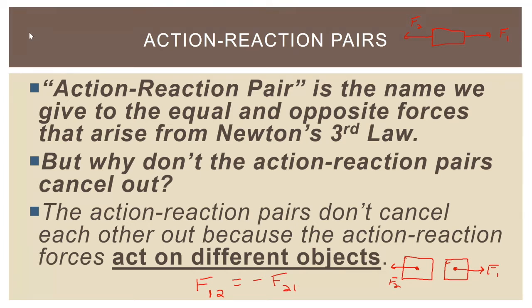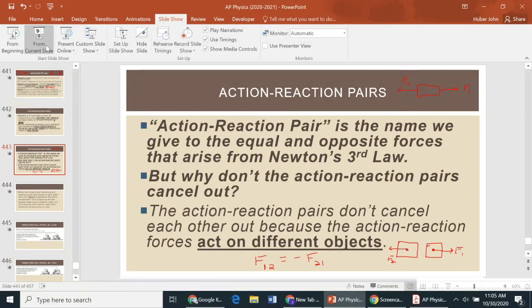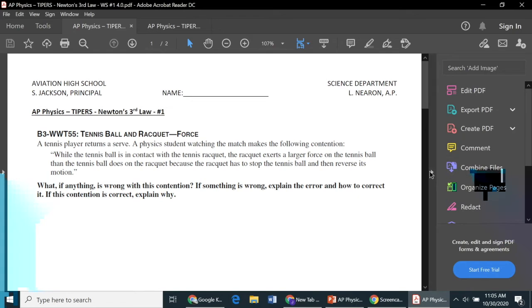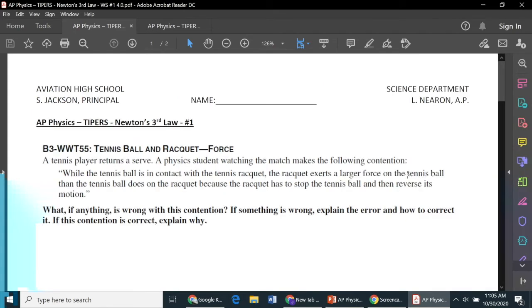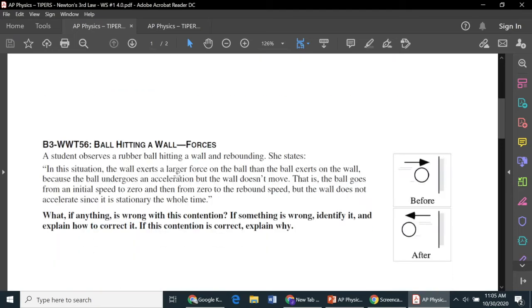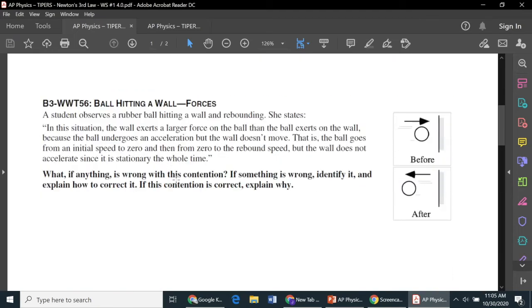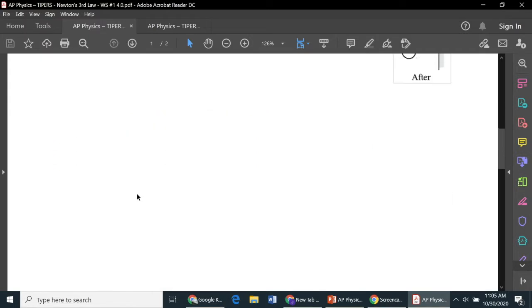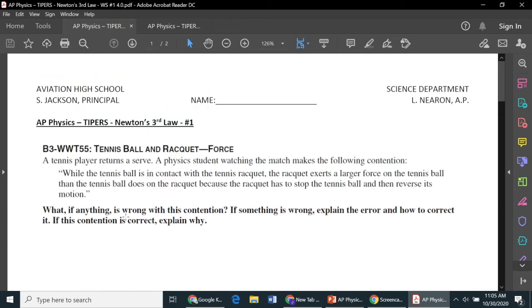And with that, now we're pretty much ready to get into questions on a sheet that I've attached to the post on Google Classroom for today. If you take a look at the Google Classroom page today, you will see two sheets. One of them is called Newton's Third Law Worksheet number 1. The other one is called Newton's Third Law Worksheet number 2. And so to start this one off, I'd like to take a look at the first problem,